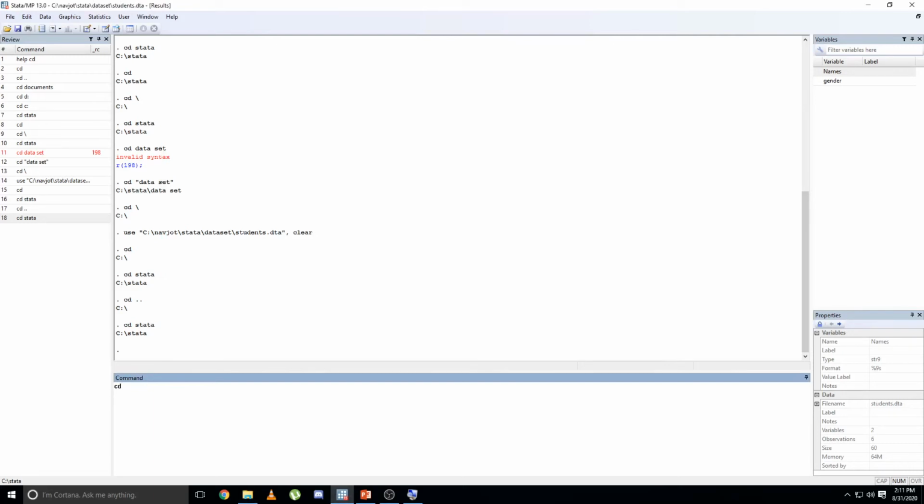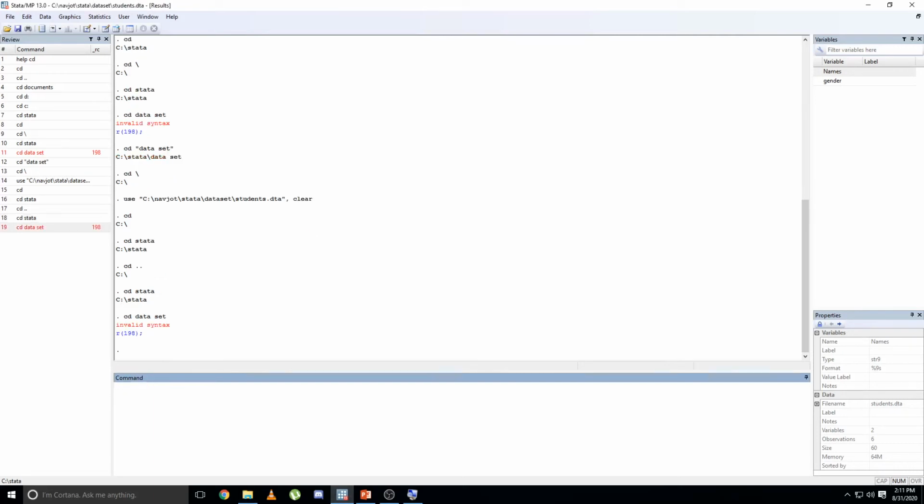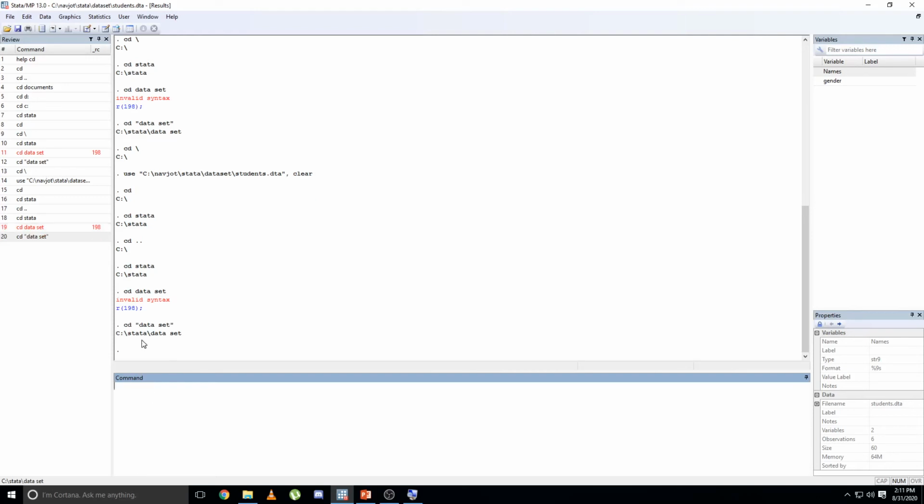Now if I write cd space dataset, Stata will report an error, invalid syntax, because your folder name contains a space, and whenever your folder name contains a space, you need to use double quotes. Dataset. So I've successfully moved into the dataset folder inside Stata. Now if I want to move out to the root directory, cd space backslash.